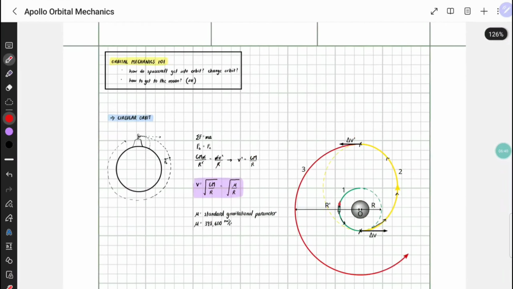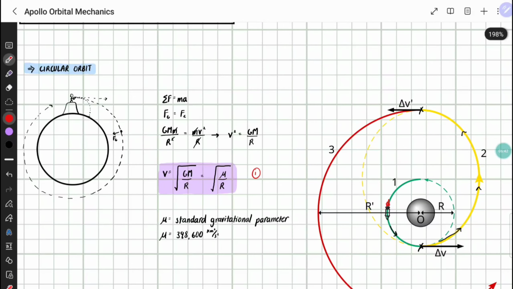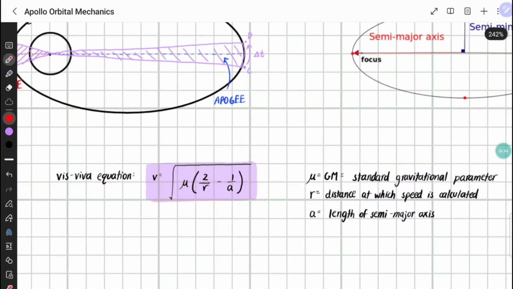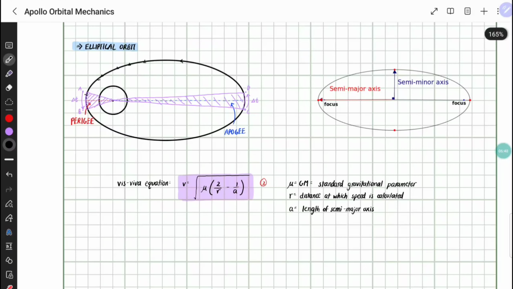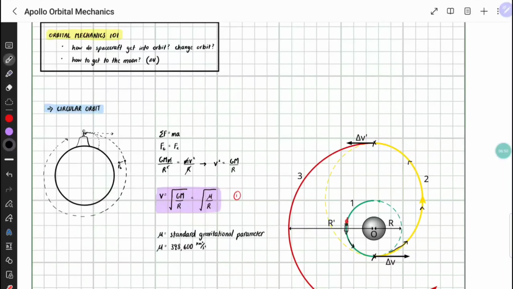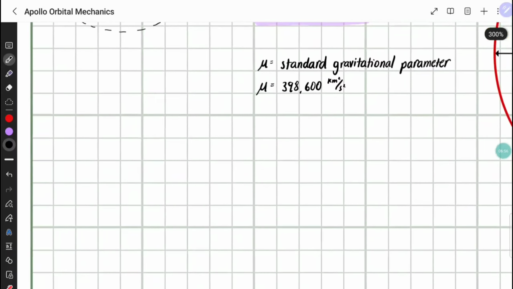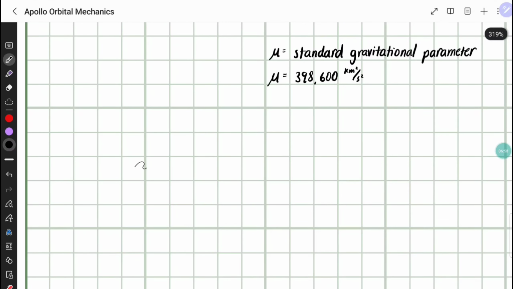Finally, we have the two equations for velocity in circular orbit and elliptical orbit. And we can now answer the question: what is the delta V required to get from low Earth orbit to the moon? Or basically, how much faster do I need to go once I'm in circular orbit around the Earth to reach the moon? So we'll first start with the low Earth orbit starting altitude, which is around 300 kilometers above Earth,